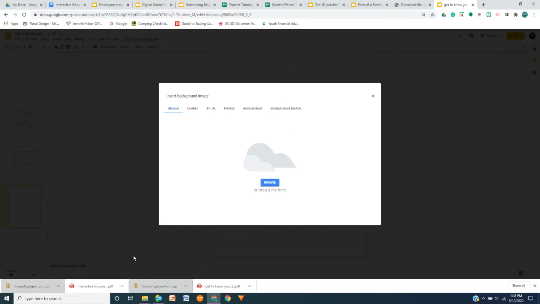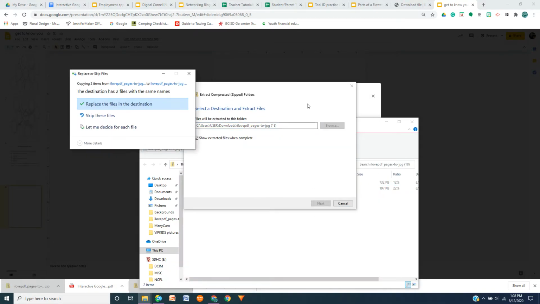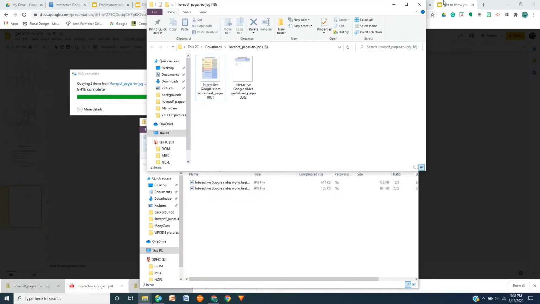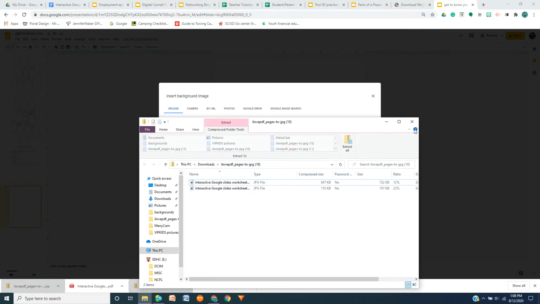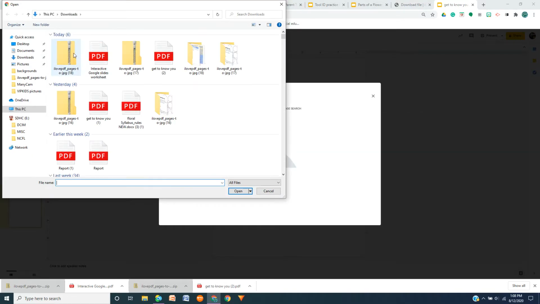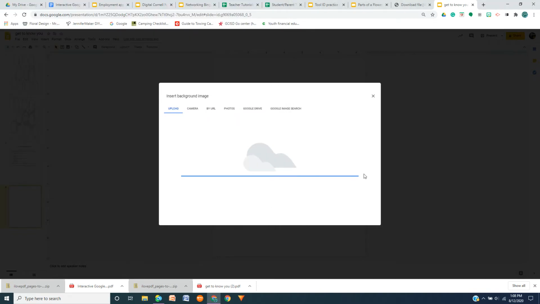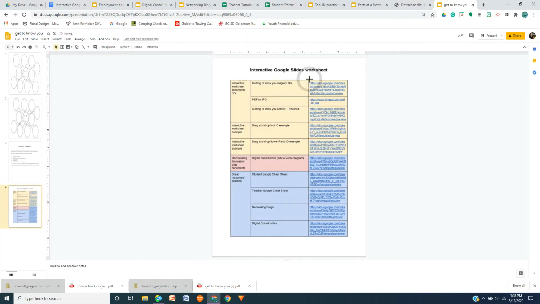Oh, nope. Did not extract. Let me try that again. There it is. So I could download any document that I wanted to. So this is now set as my background. You cannot edit it, but I could add text boxes. If I had a question that I wanted the kids to answer, I could add a text box right here